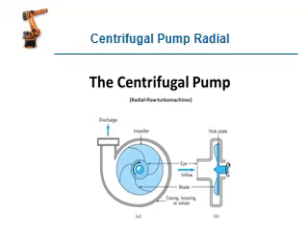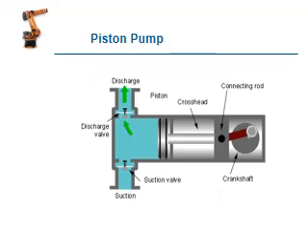So this is the centrifugal pump. This centrifugal pump is operated by a motor. If the motor is given power supply, the impeller will be rotated. Based on the impeller rotation, one vacuum is created here. Based on that vacuum creation, the oil is sucked from the lower level to the higher level. Then in between the impeller, the pressure increases from lower level to higher level. So this is the working principle of the centrifugal pump.